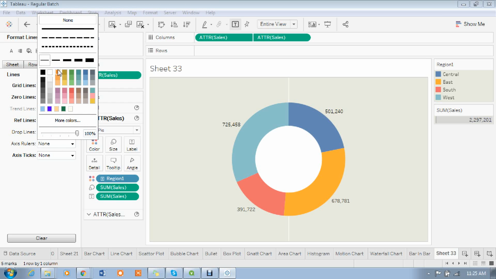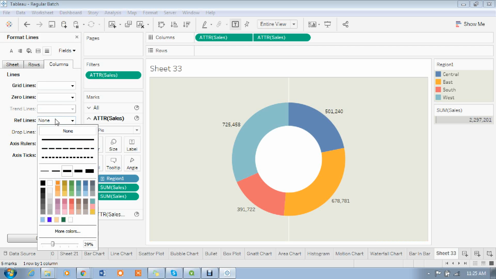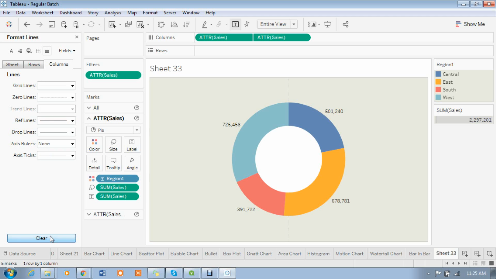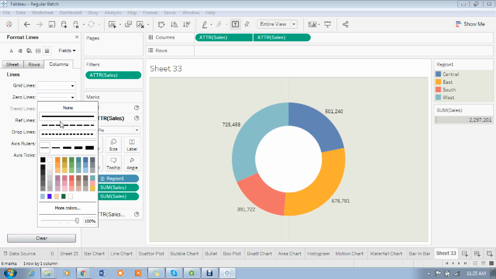This one, no. Run lines. This is also no. Clear all. I think here only we'll see, madam. No, change that. Zero lines. Yes, zero lines, madam. Okay, change the color to whatever color you applied.